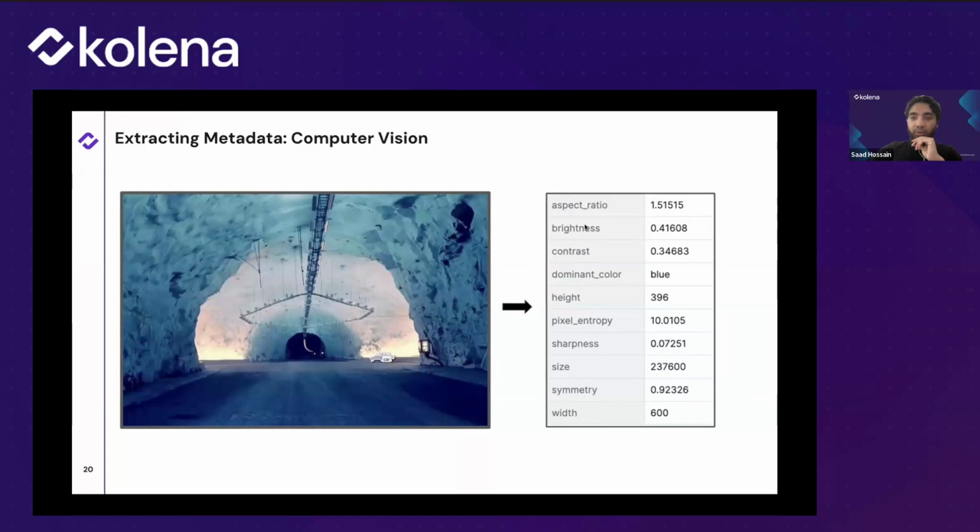Things like contrast, brightness, aspect ratio, width, and height. These are very standard, and a lot of these, at least width, height, and aspect ratio, can oftentimes be extracted from your file processing system as well. Along with that, we see resolution, and a lot of these are very intrinsic properties that we can look at and have further understanding of.